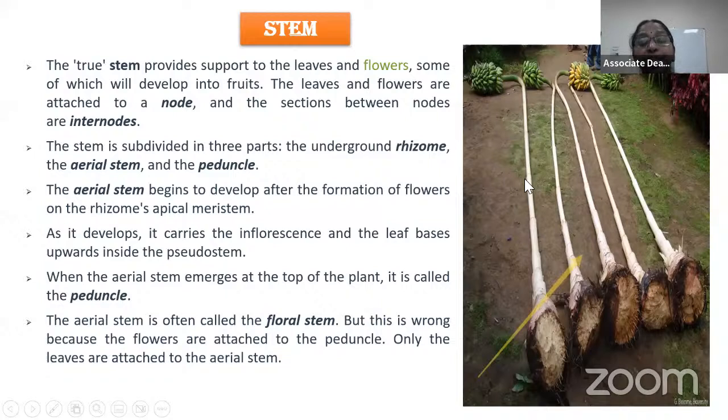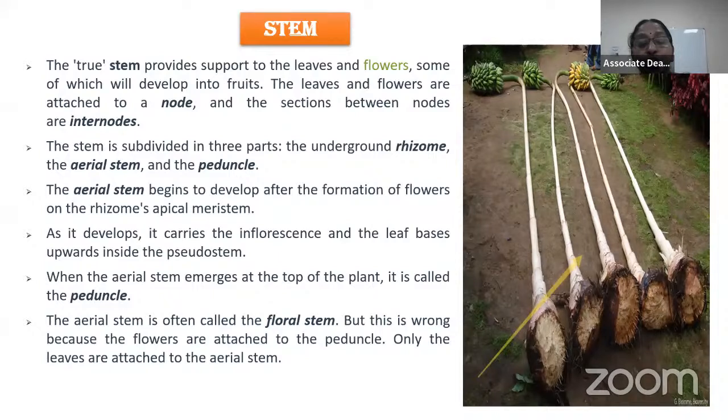So here the aerial stem begins to develop after the formation of flowers on the rhizome's apical meristem, which we cannot see visually, but it is clearly told that the aerial stem begins to develop only after the formation of flowers on the rhizome's apical meristem. As it develops, it carries the inflorescence and also the leaf bases upwards inside the pseudostem. And when the aerial stem emerges at the top of the plant, it is called the peduncle or the